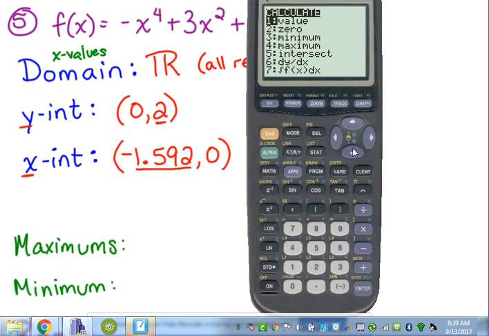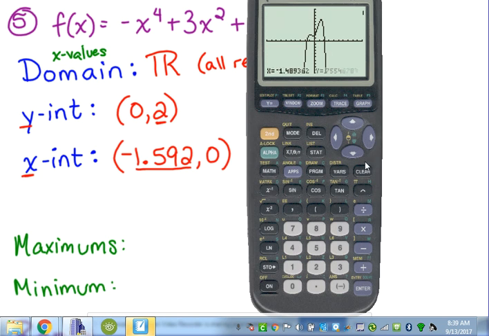Now, there's another one. That's not the only one. We got to go find the other one. So we need to move our cursor over. This time the left bound is above the x-axis. The right bound is below the x-axis. Okay? And this zero, or x-intercept, is